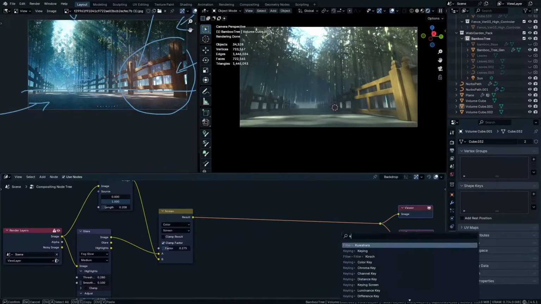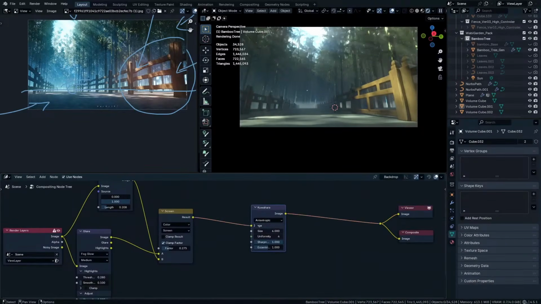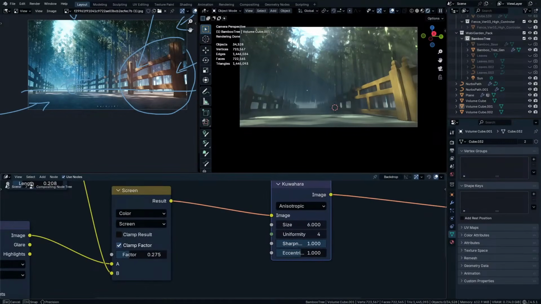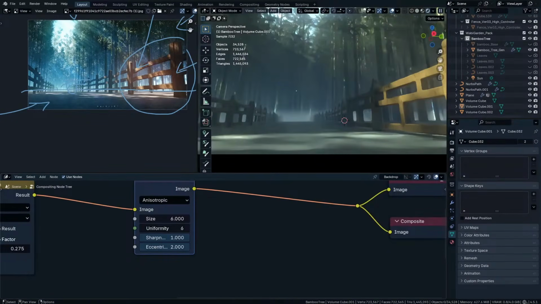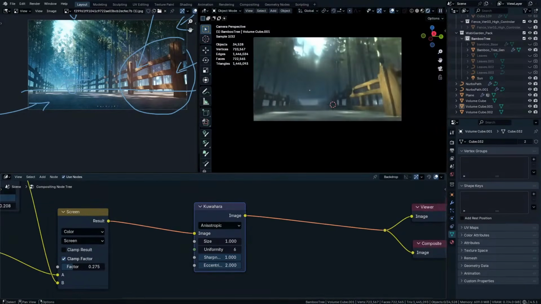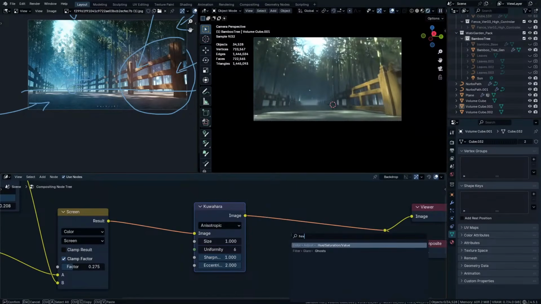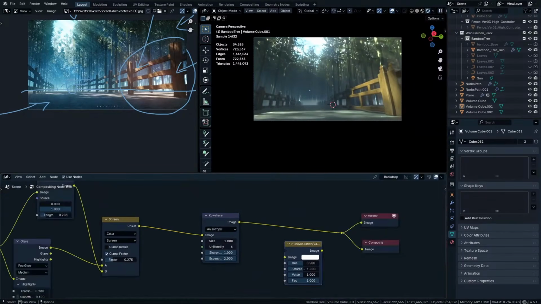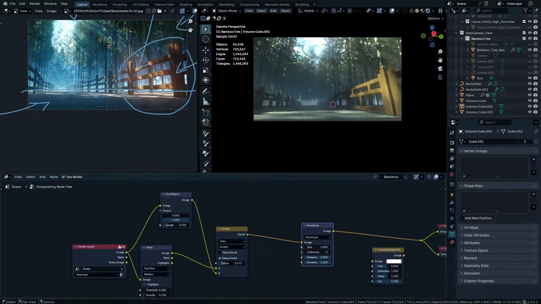Do we need it before or after Kuwahara? That's a good question. Sharpness all the way up. This value all the way up. Increase this uniform and decrease scale because it's too paint related. One is good. A value of one is as good as it can be. And let's add a hue saturation value node. Or before that, let's add these areas with the